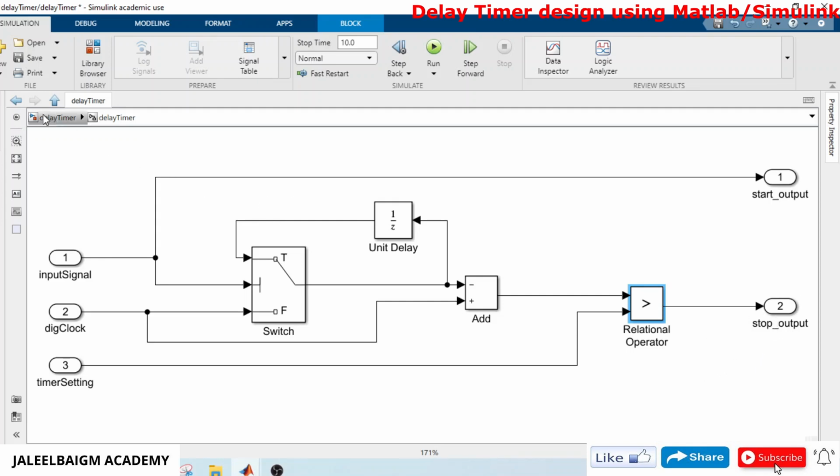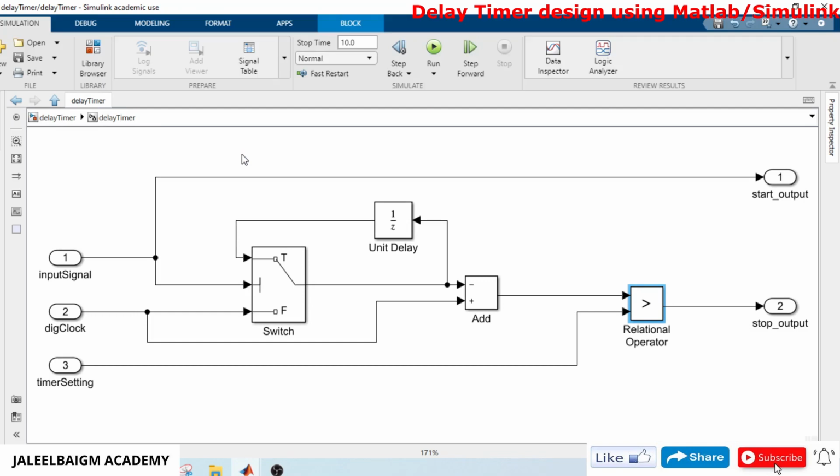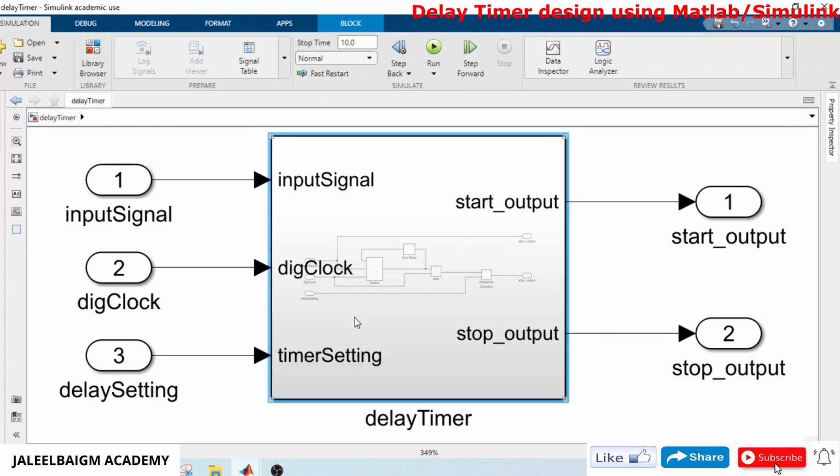This is my model, and let's check whether it is working or not. I have made everything in a subsystem.